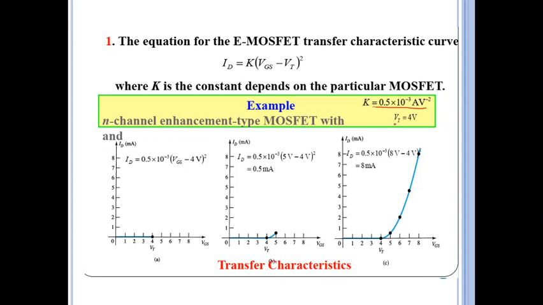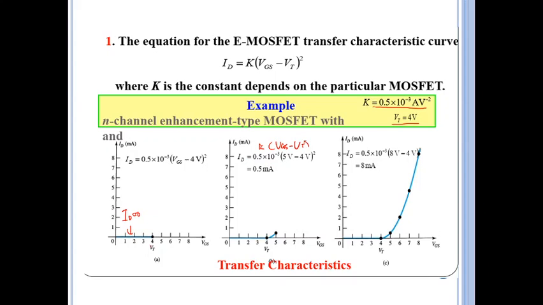And then it's also given the threshold voltage. You see here, in this example we use a different symbol. Vt is 4 volt. So this is actually the threshold voltage. So you can draw the graph. Below Vt, ID is 0, because it is below the threshold voltage. Above the threshold voltage, you apply this K